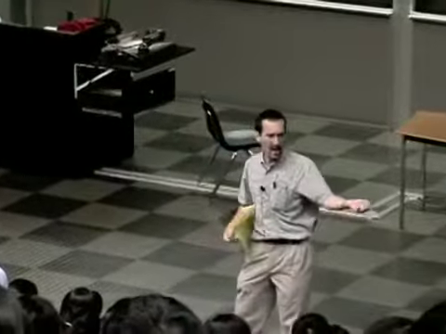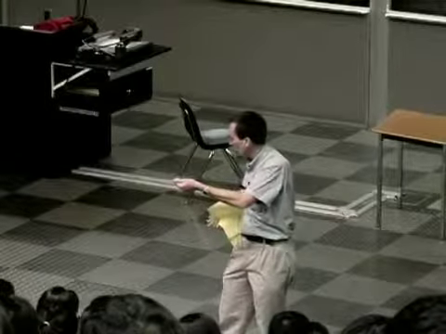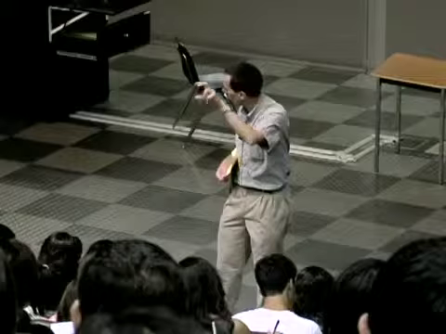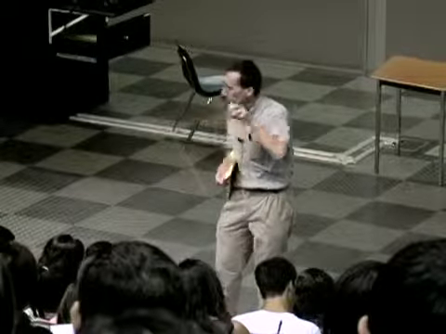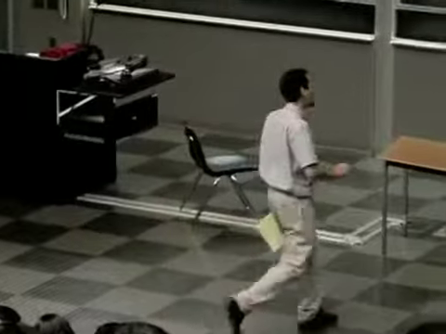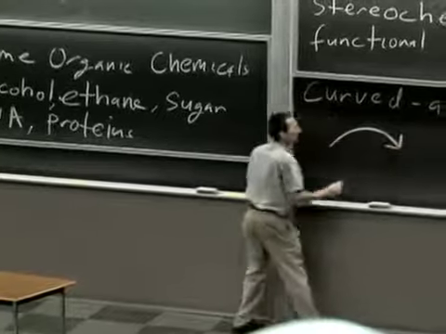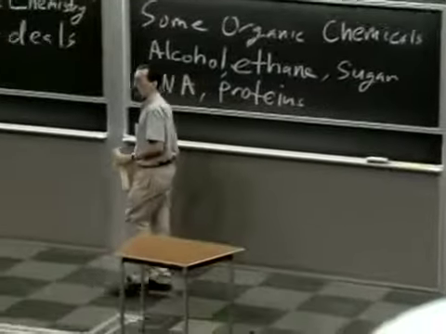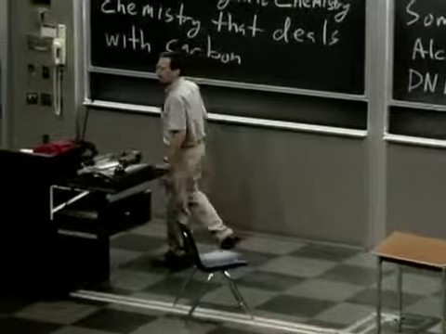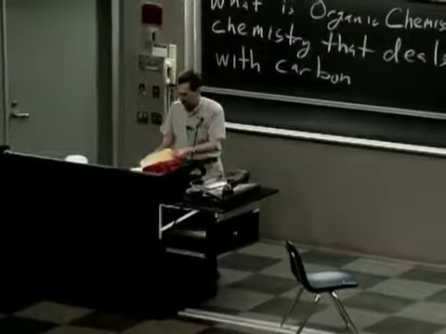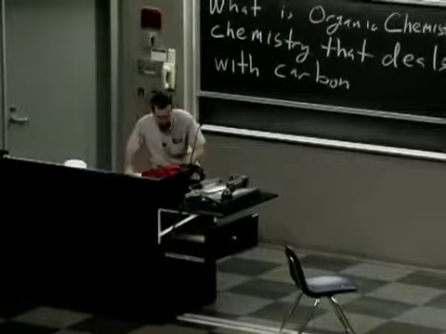And curved arrows are ways that we show the flow of electrons that in turn shows us where bonds form. Because when you share a pair of electrons, you form a covalent bond. When you take away a pair of electrons, you break a covalent bond. And so we are going to use a very simple notation like so to show electrons flowing from something that has electrons to something that wants electrons.